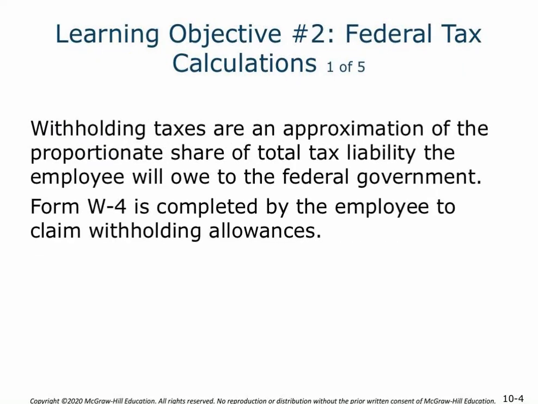Learning Objective 2, Federal Tax Calculations. Withholding taxes are going to be determined in part by the employee's contribution. So they're going to complete a Form W-4. Now this W-4 isn't going to give the employee total discretion in terms of how much withholding to be able to provide. There's going to be essentially bumpers on it, and they have choices to make as they go through that form. But they're going to have some control to be able to determine whether or not they